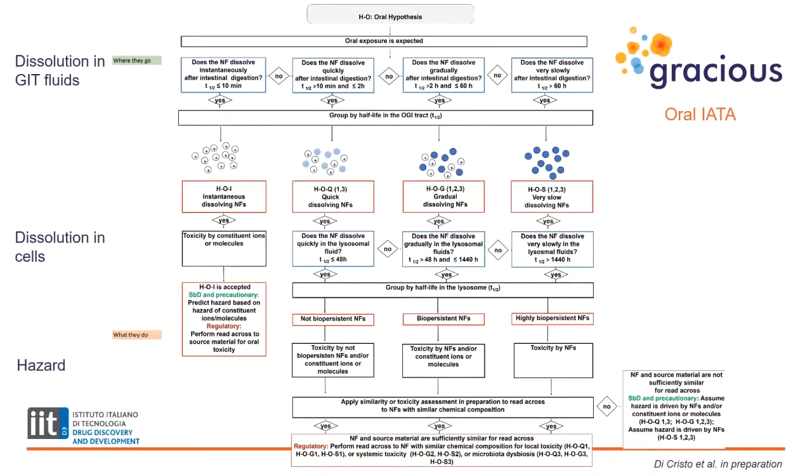This is one of our super IATAs that covers the oral route of exposure. So it's an oral IATA, and it has a series of, as I've said, decision nodes with yes, no answers. These are some answers or some information for the user to guide you through the decision node. So this IATA focuses on dissolution as being a key physical and chemical characteristic that determines whether you're exposed to just the dissolved material or whether you're exposed to a mixture of the nanoform and dissolved material.